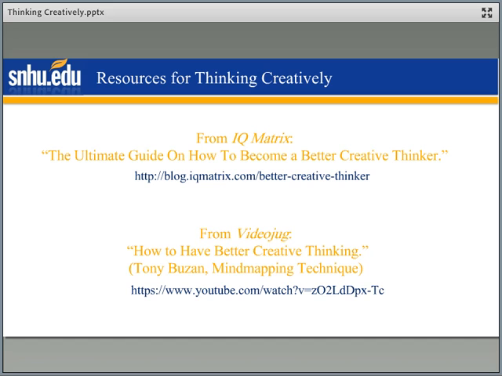Some resources for thinking creatively, and when I say creatively thinking, I don't mean just necessarily thinking like an artist. Thinking creatively is just another way of thinking about a problem or a challenge and working a way through it. So it doesn't necessarily mean thinking creatively like an artist. So some resources that you might consider to see some of the benefits of creative thinking that can help you with this